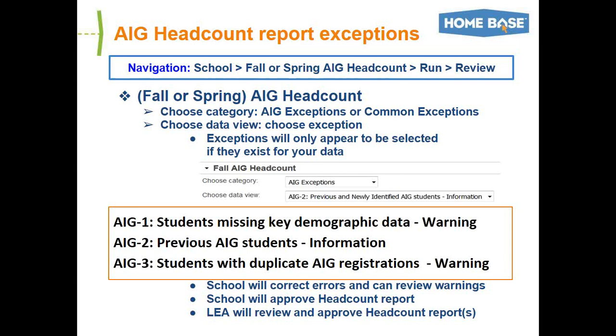Okay, so in this case, this school has some information, previously and newly identified AIG students, just for you to go look at and make sure their records have been set up correctly. So at the school level, they will correct the errors, and they can review the warnings and correct where needed there, or just take it as information only. Once the school has no